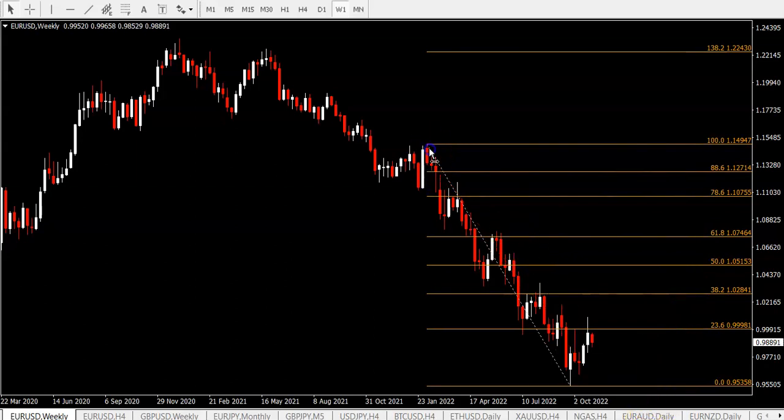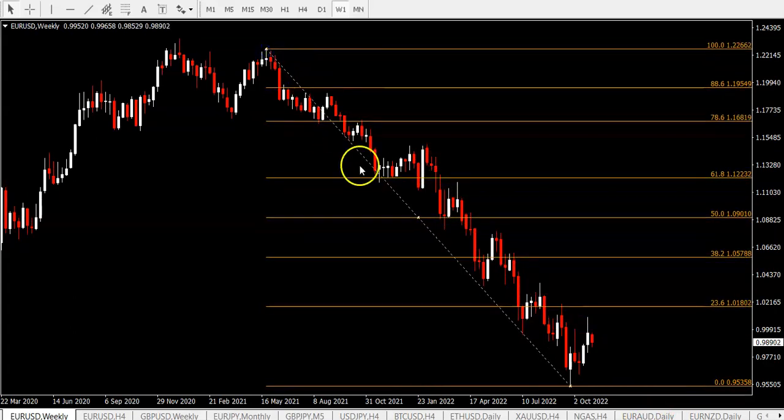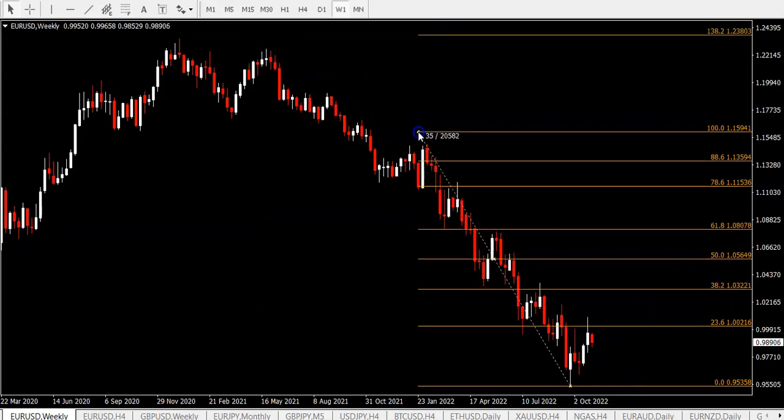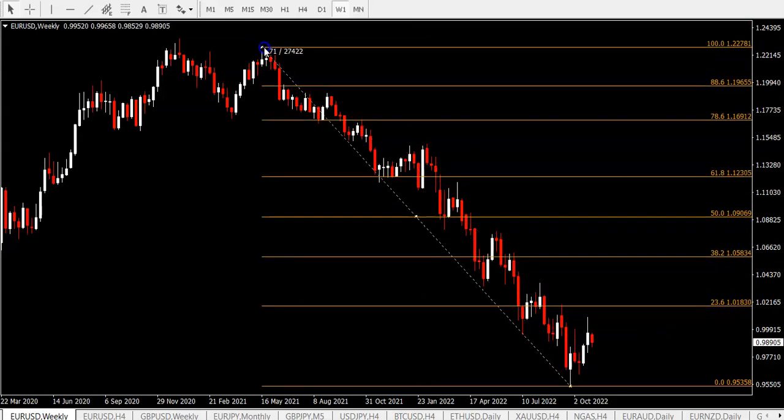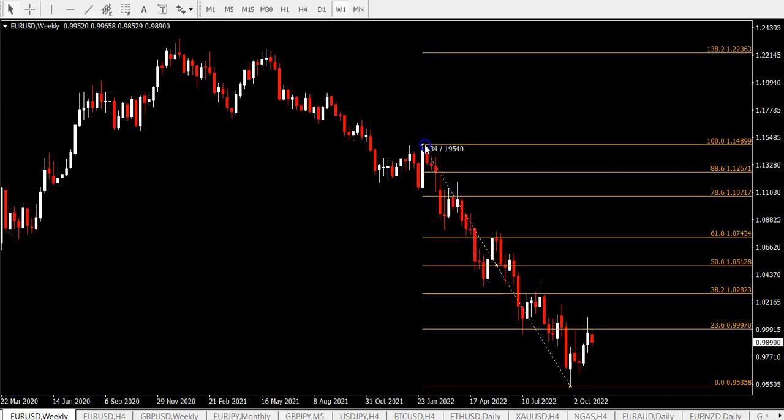It could be. In that case, we would need to put the fib on this swing instead of the previous one, and we were looking at a retracement to the 23.6 or 38.2 fib. So whether it's going to be this fib or this fib, we'll have to see what type of wave 4 retracement it could be. Both are possible, and will depend a little bit on how long and how complicated and how deep this retracement goes.